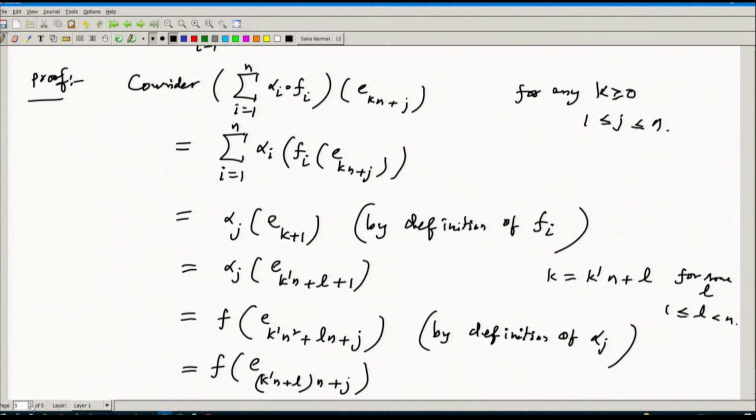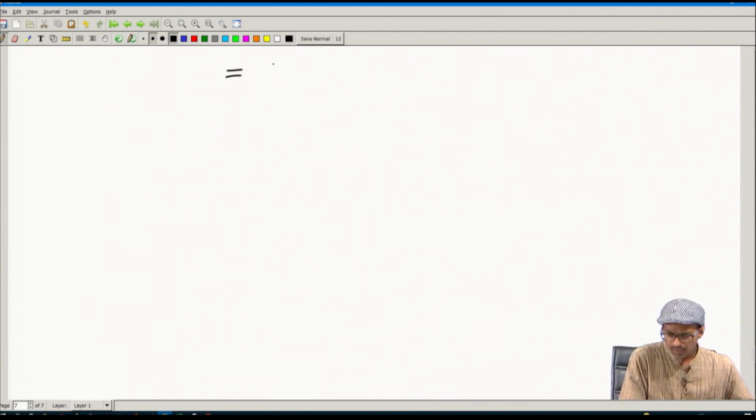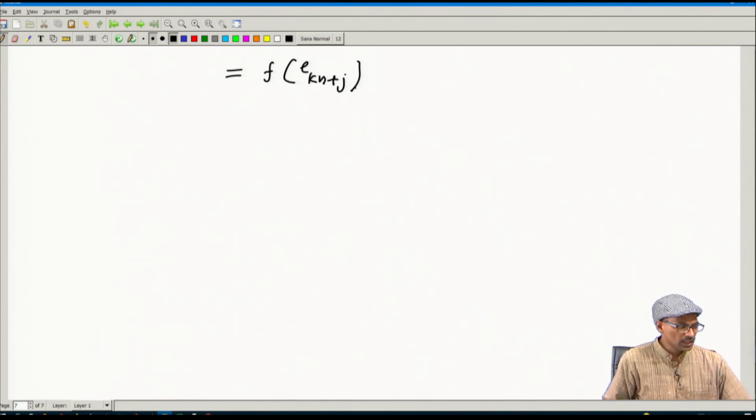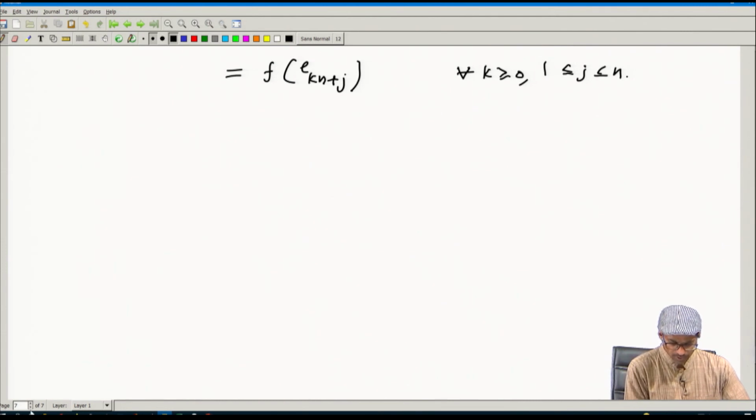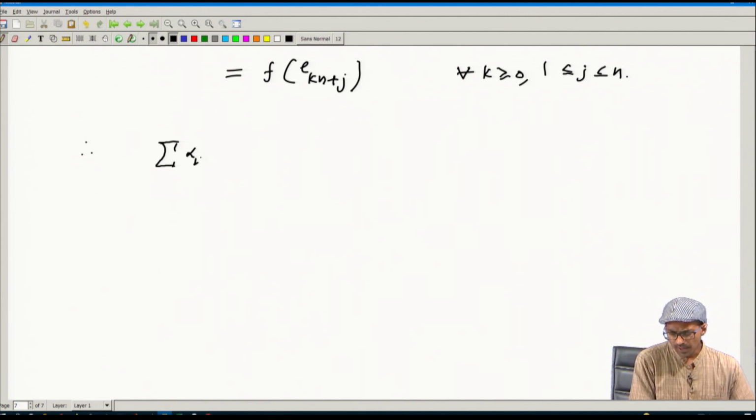This is precisely equal to f of e_{kn+j}, and this is true for every k ≥ 0 and 1 ≤ j ≤ n. Thus, we initially started with this expression. Therefore, we have the summation of alpha_i composed with phi_i